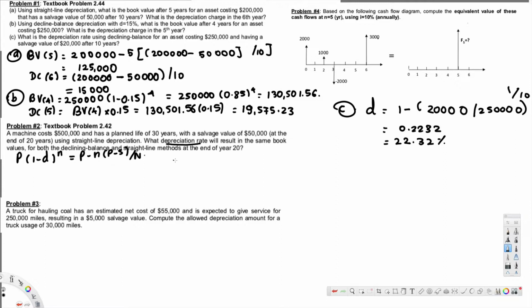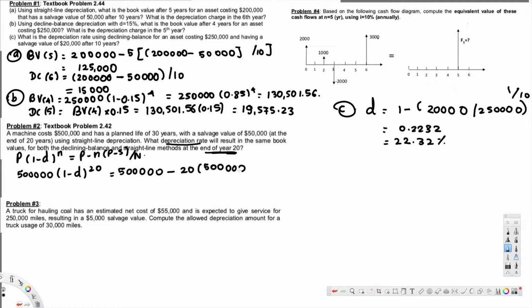Let's go ahead and plug in all the values. P is the principal amount 500,000, and then (1 minus d) power 20 years, because at the end of 20 years we are trying to find it, and 500,000 minus 20 times